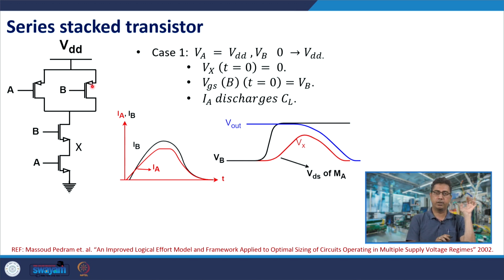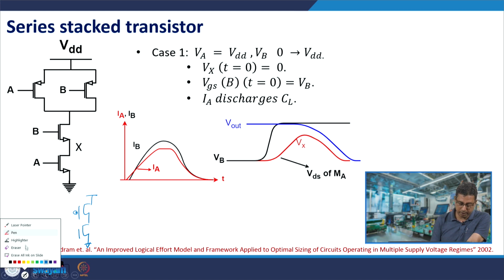One of the transistors would be switching. If one of the transistors is switching from 1 to 0, the output would get charged, but the charging path is similar to the inverter. Therefore, if we have a reference inverter with the value of WP by WN as discussed previously,